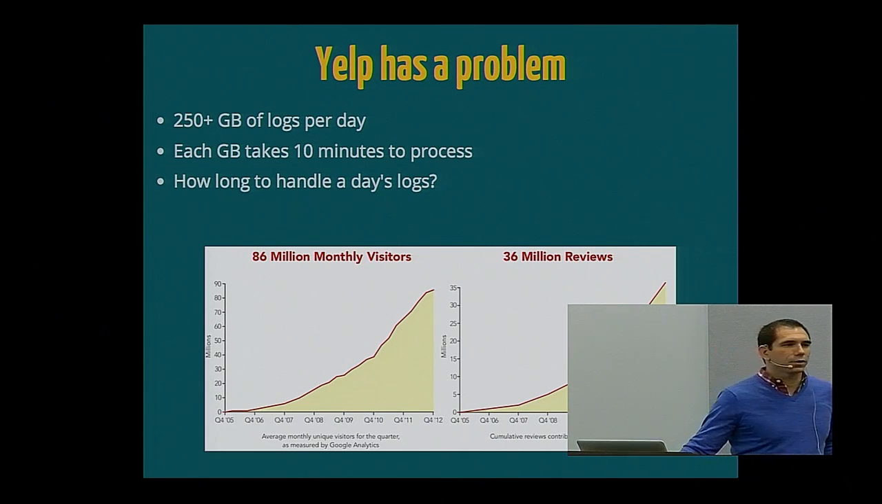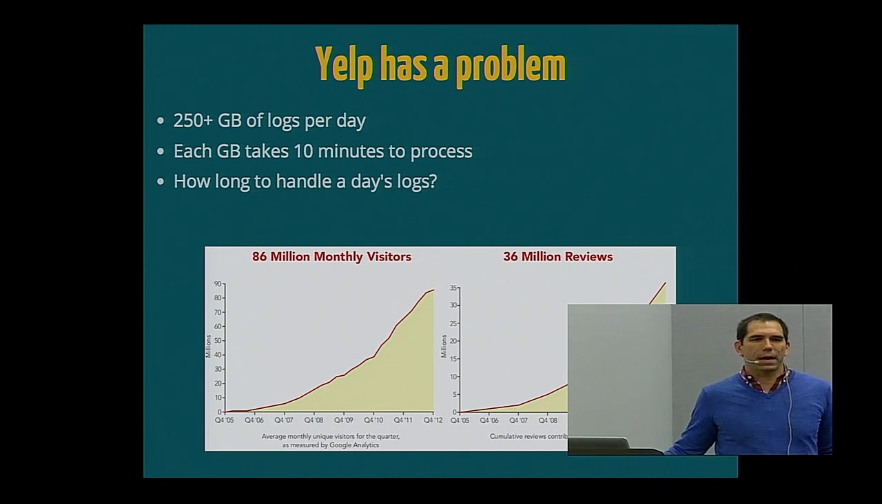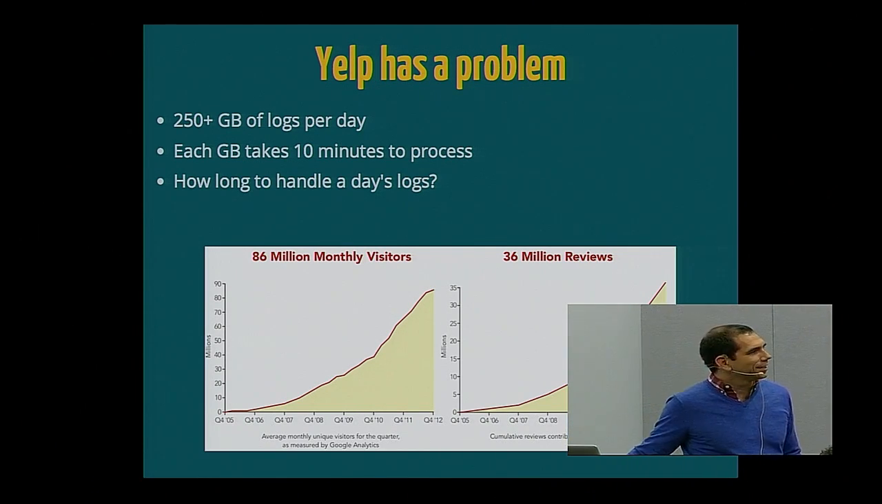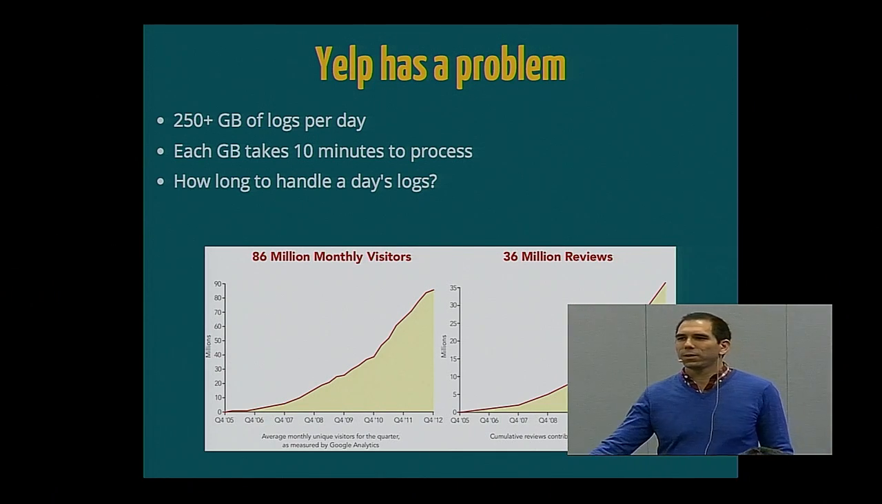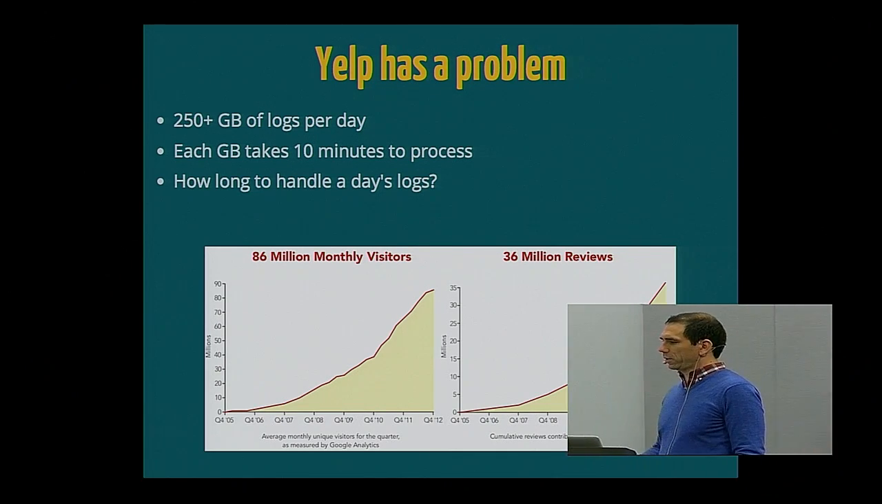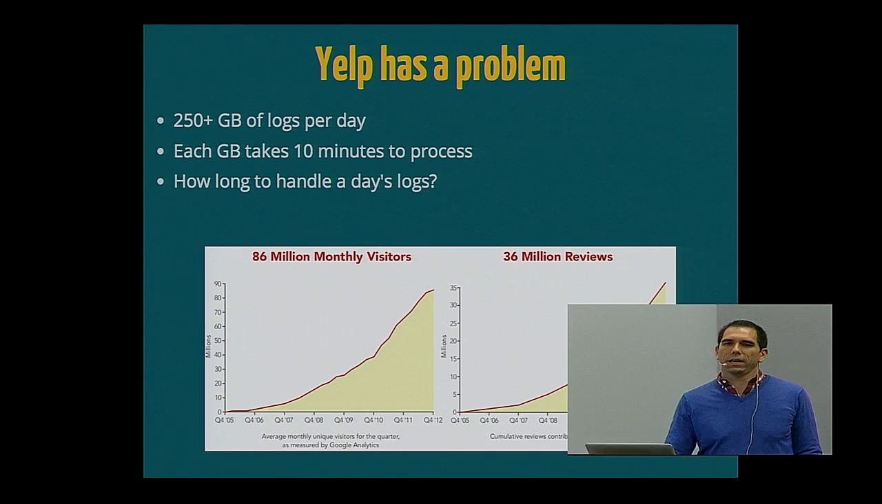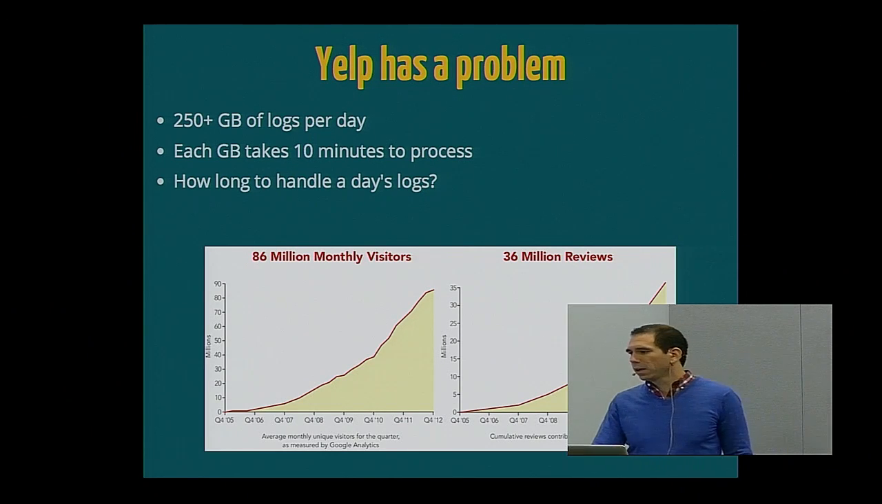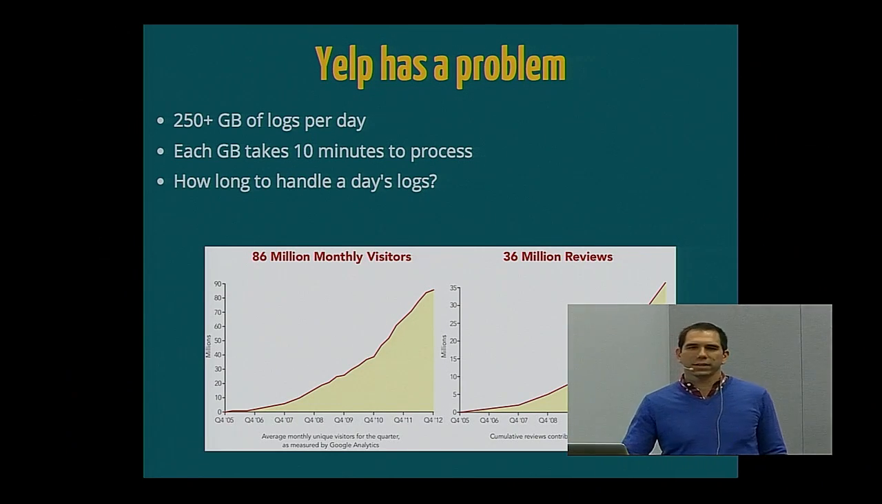All right, so a little bit of background about MapReduce and mrjob. So Yelp has a problem. Like I said in the intro, we have, at this point, well over 250 gigabytes of logs per day from our web service, from mobile, from all of the batches we run. And let's say each gigabyte